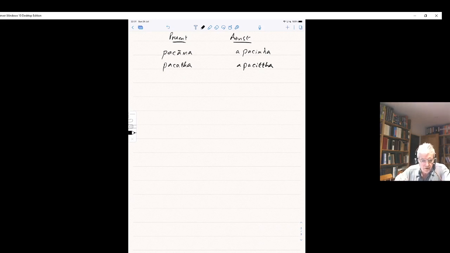They cooked. They cook, present, pachanti, and it's pachimsu, or apachimsu. Now what you'll notice here is that there's a characteristic vowel E in all of these endings. Pachi, pachi, pachim, pachimsu, pachita, pachimha.